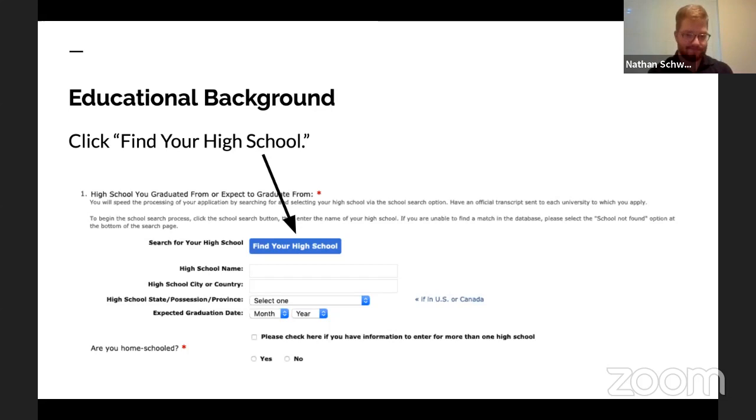So this here is a really important part, particularly because you want to make sure that your application matches up to your high school. That makes it easier for your counselors and college advisors to keep track of your application status. And then it's also just an important thing that you want to include on your application, of course, is find